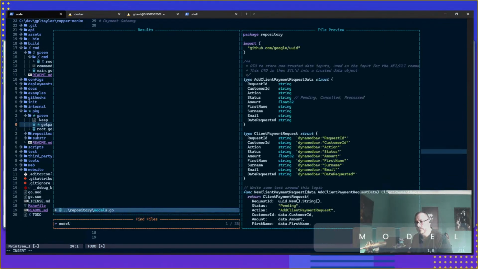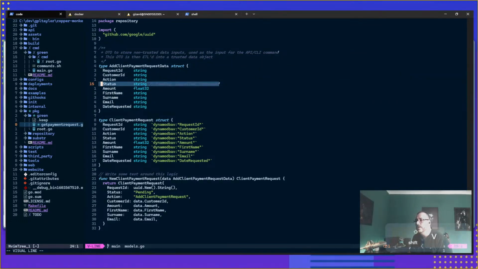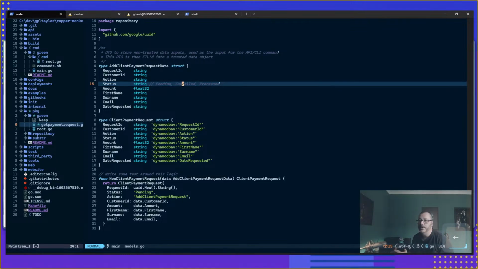If I look at models, I have got a status. At the moment I've got pending, cancelled and processed. So what I'm going to do is create a cancelled instead of a deleted, because deleted gives the end user the thought that it's deleted, it's gone. So they could just keep on typing, you know, create. Also, if something's in the middle of processing, and we try and delete it, or in this case pending, we try to delete it,